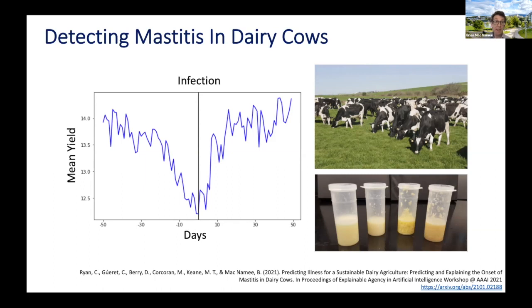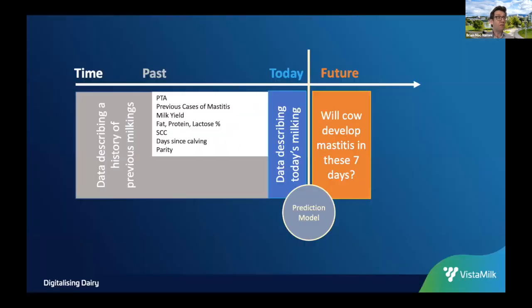So what we're looking at is how we can use machine learning models to predict that cows are about to develop an instance of mastitis. We do that in a few different ways. Sorry, these slides are not behaving themselves, but essentially what we do is we build propensity models. We build models of the propensity of cows to develop mastitis in the near future.